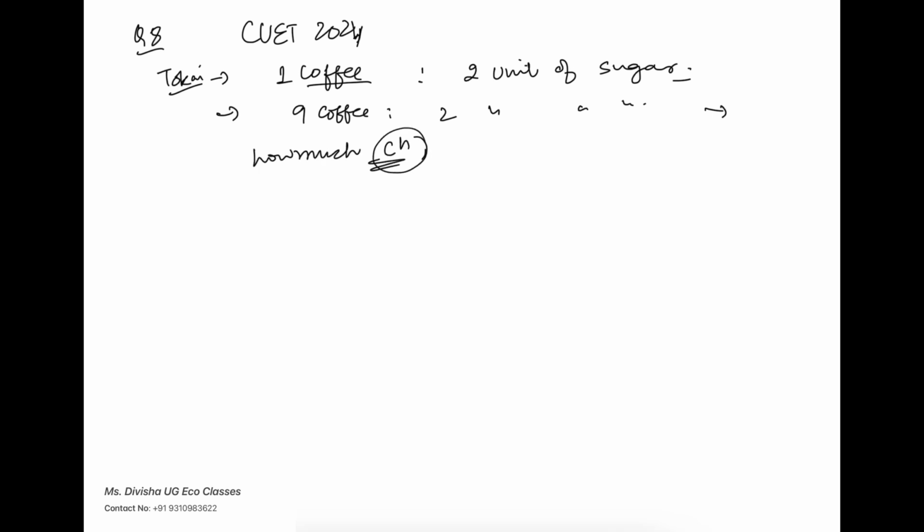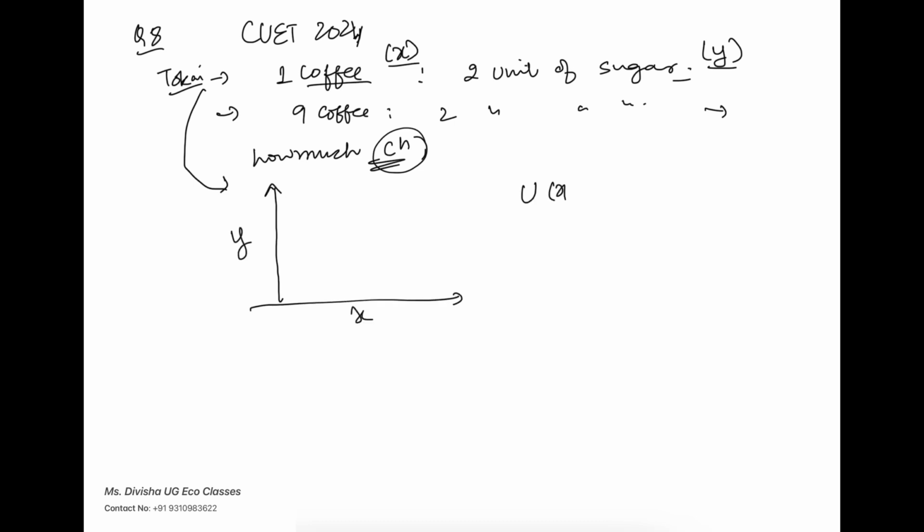Okay, now for any such question where we are given that there is a ratio in which good X and good Y is being consumed, where let's say we take coffee as good X, sugar as good Y, and there is a ratio given to us, you must have studied before that the utility function for such case becomes a minimum function of good X and Y by 2 here,